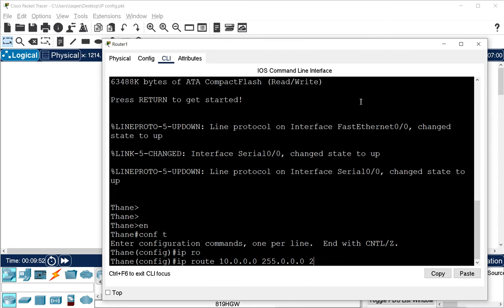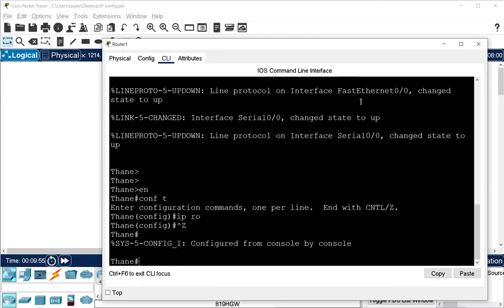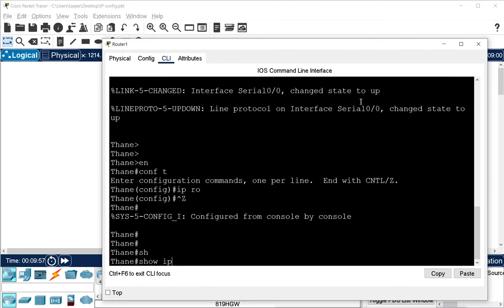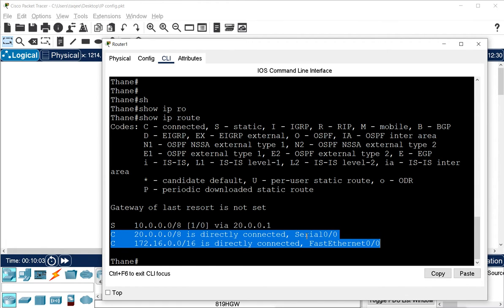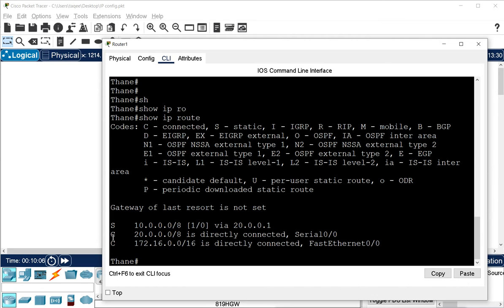Now after configuring this, we can verify the routing table by using the show ip route command. We can see these two networks are directly connected through the interfaces, serial and FastEthernet. We can see the C here, and C means it is directly connected.